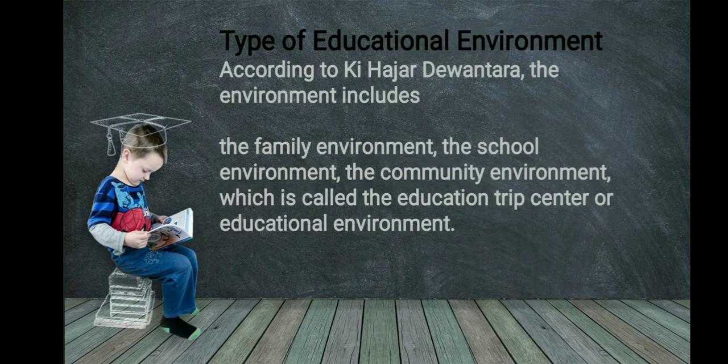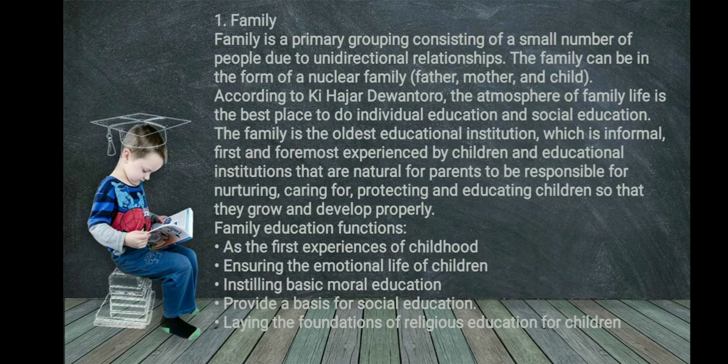And next is type of educational environment. According to Ki Hajar Dewantara, the environment includes the family environment, the school environment, the community environment, which is called the education tri-center or educational environment. First type is family. Family is a primary grouping consisting of a small number of people due to a directional